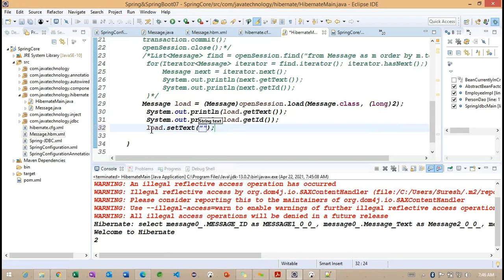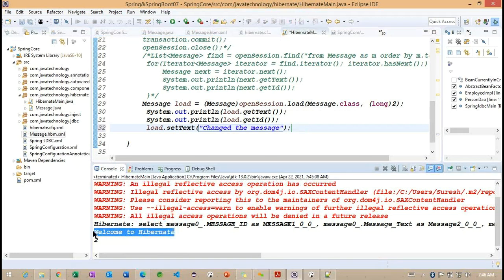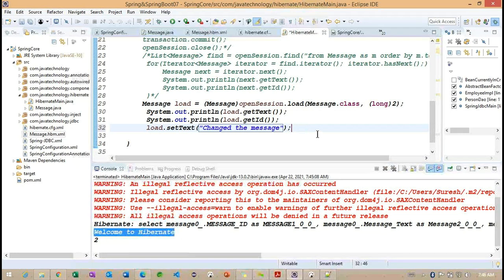I want to provide the text message. Previously we had "welcome to Hibernate"; now I'm replacing it with the text message.